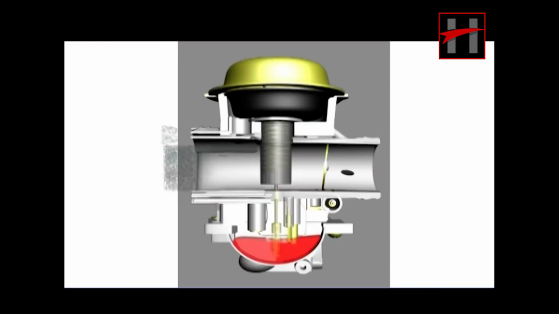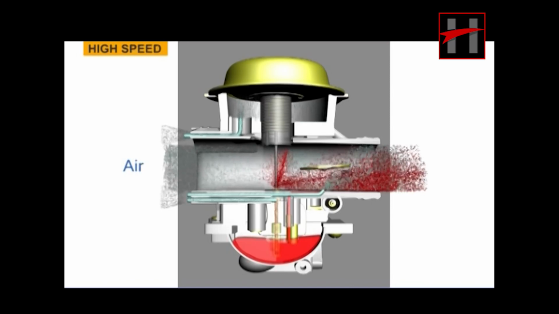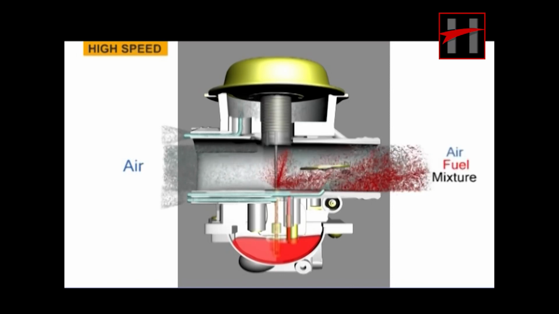Air enters the main circuit through an air passage and is controlled by the main air jet. The controlled amount of fuel is sucked into the mixing chamber through the main jet, where it gets mixed with the air. Finally, the controlled amount of mixture is fed into the engine. The regulation of the mixture is done by jet needle and the needle jet. The jet needle closes the needle jet when the piston valve is in closed position.